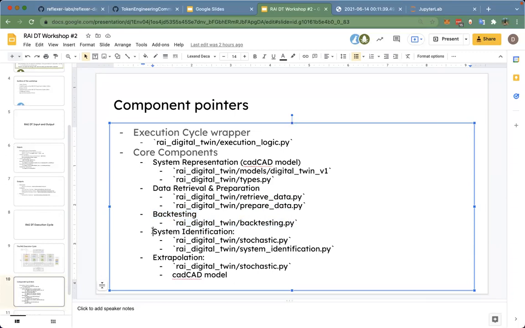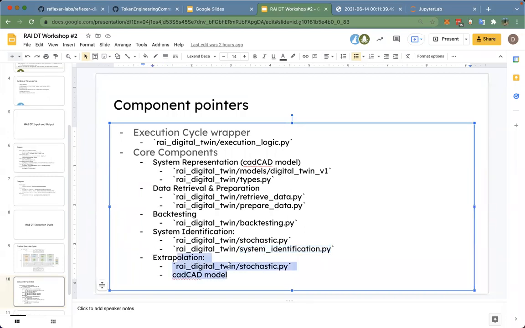The system identification component is also encapsulated in those two files here. There is the stochastic.py, which is related to any stochastic process, like how we create and handle a distribution for the Ethereum versus USD price, which is a critical measure. So how you fit and how you generate it is contained here. And on the system identification, it contains some code, for example the EMW model, which essentially tries to characterize the typical user action in the past.